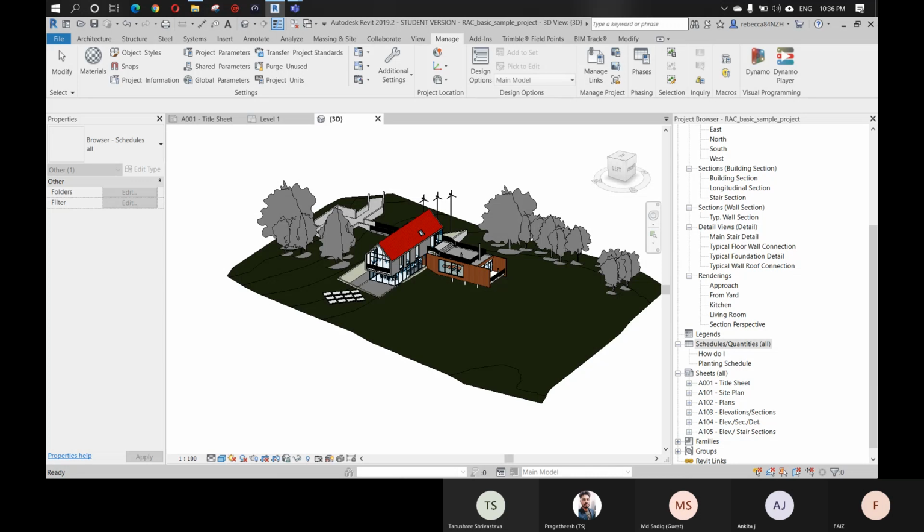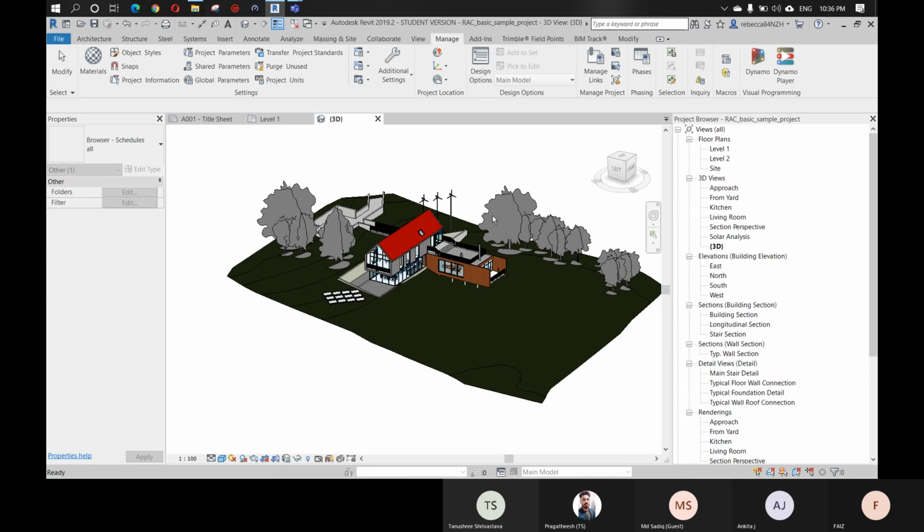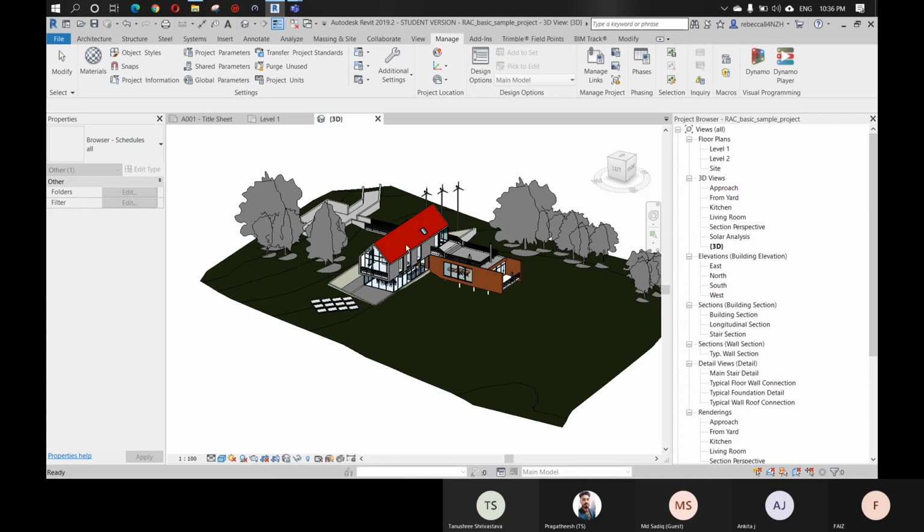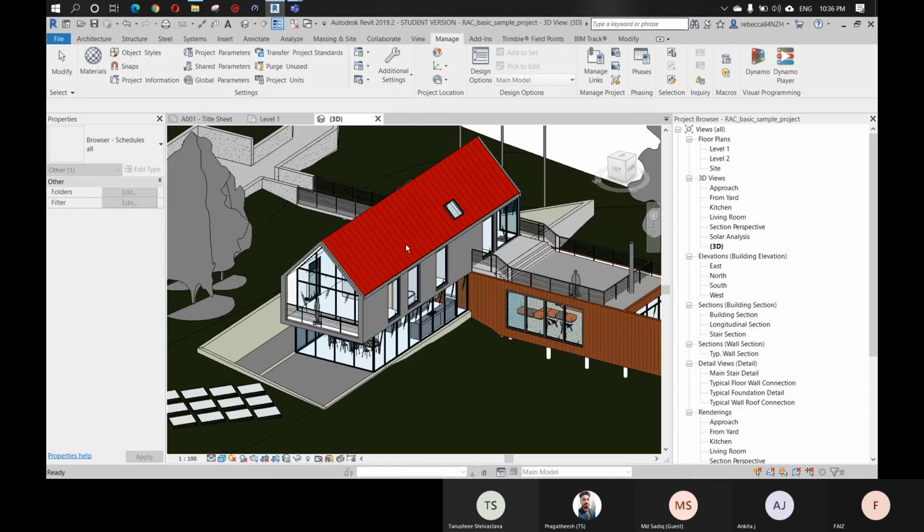Even a small project will take a long time to solve all these clashes and all these problems. In some cases, we may find that some clashes cannot be solved. In that case, we will have a design meeting, where the design engineers will be attending, and we will tell them this is the problem. We cannot solve this problem. There is no way at all.